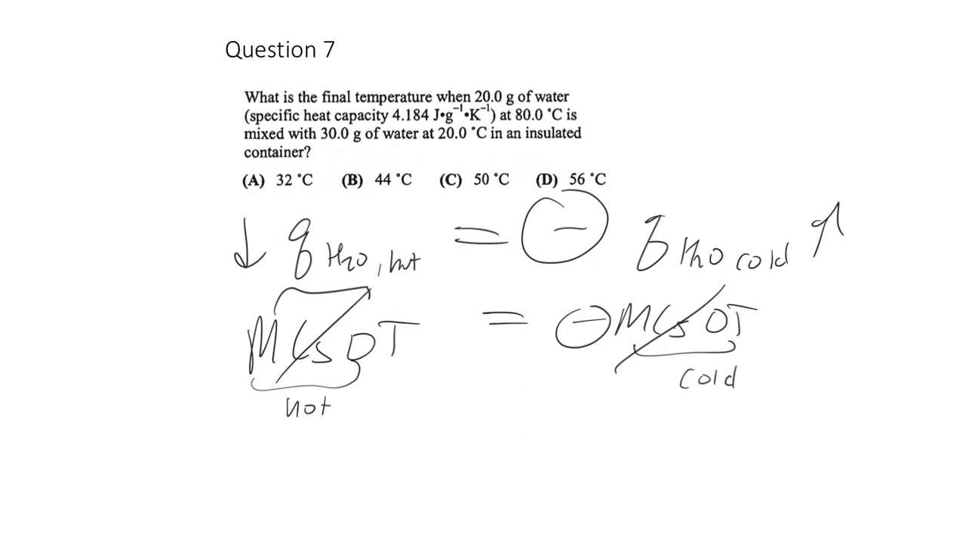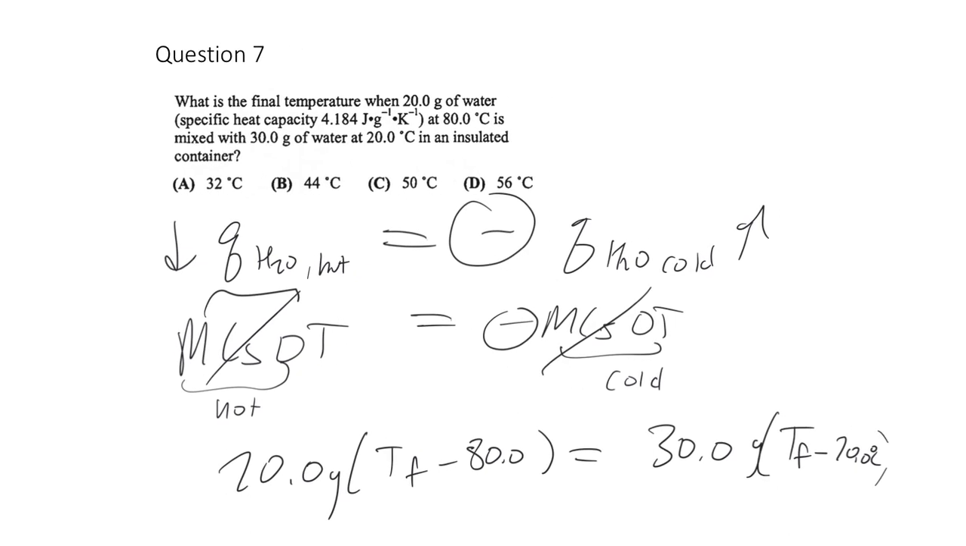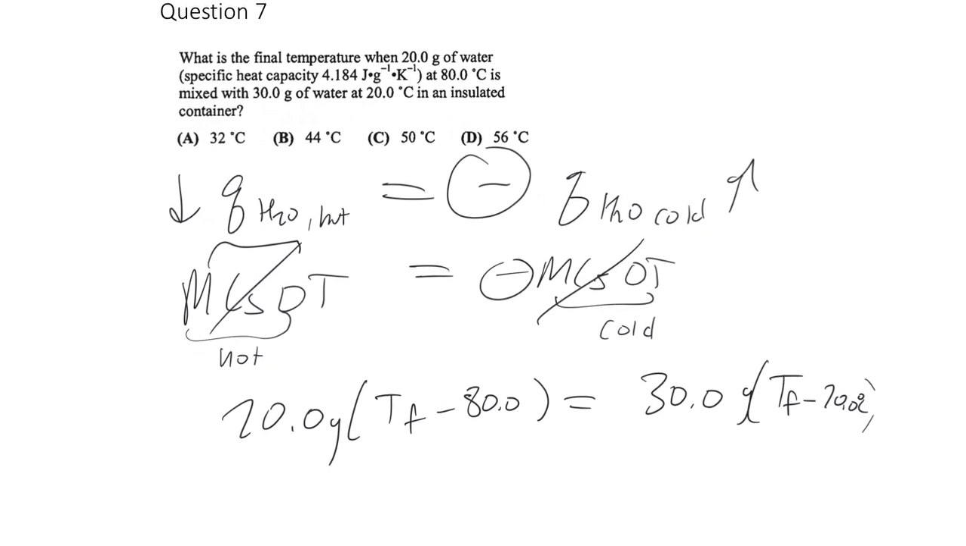And so we're going to have 20 grams of water, and then our delta T is T final minus 80 degrees, and then equal to 30 grams of water. And then our TF minus our initial temperature, 20.0 degrees. Okay, and so we just have a somewhat